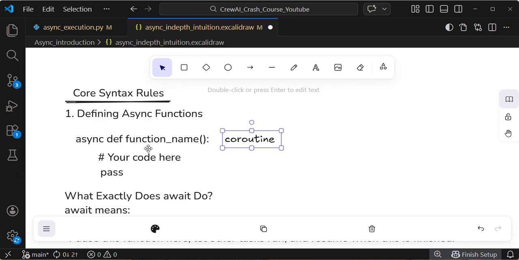If you are defining this function as async, you need to call it as a coroutine. I hope you get it. Again, I am telling, I hope I am not confusing you. If you are defining this function with the async keyword in front of the def, you specify the async